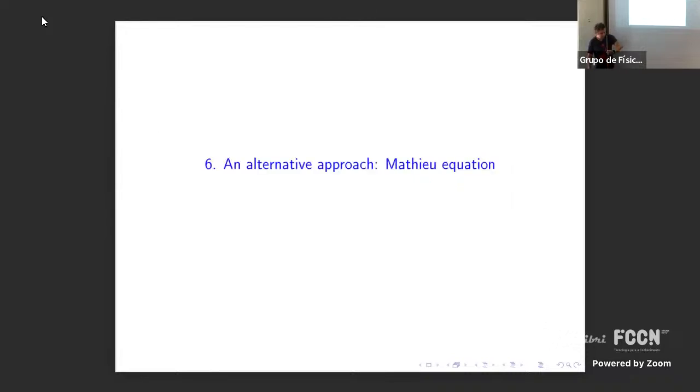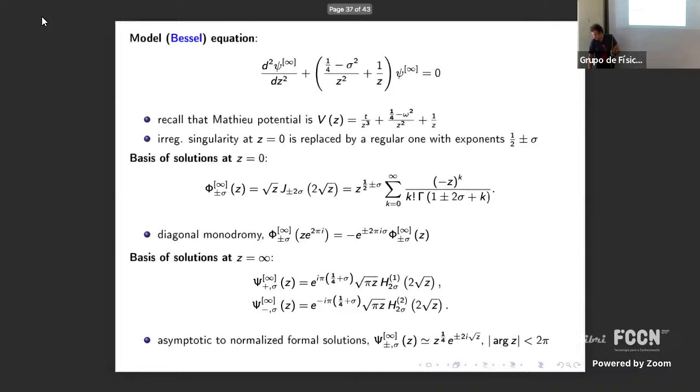Okay, now I would like to tell at least a few words about an alternative approach which works for the Mathieu equation. So what is the problem with the Mathieu equation? In principle, we could try to apply the same idea, right? Once again, to look at something like large order asymptotics, but now of the coefficients of an asymptotic series around the irregular singular point at infinity. In principle, this is maybe doable, but we also wanted